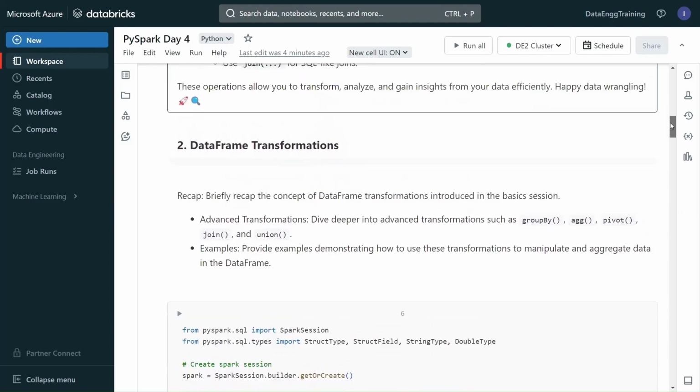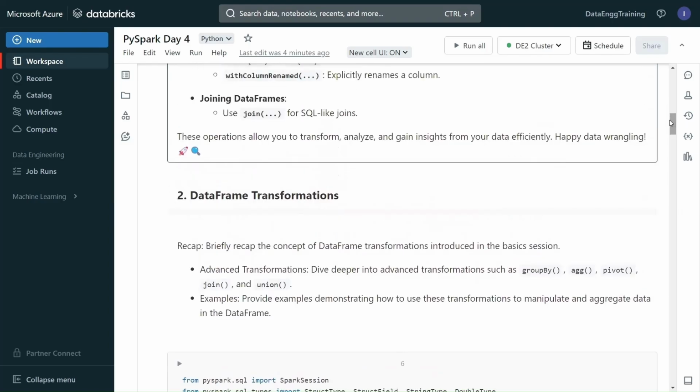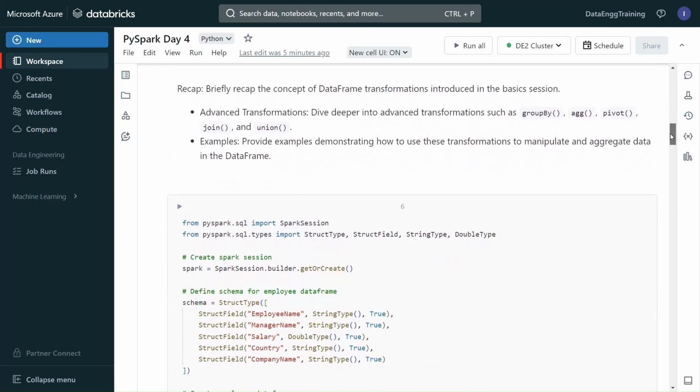Then what is data frame transformation? Data frame transformation is basically doing some transformation, like a group by, aggregation, pivot, join, or union. We are going to see the transformation examples by creating